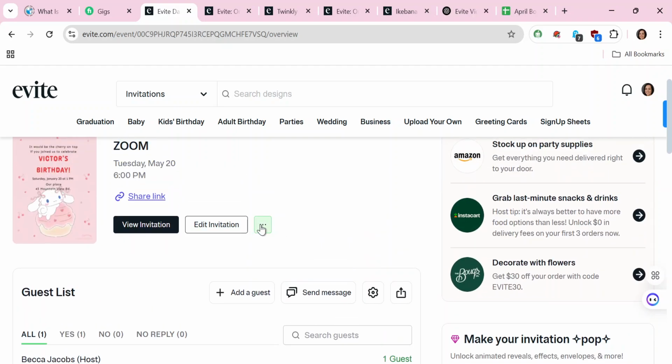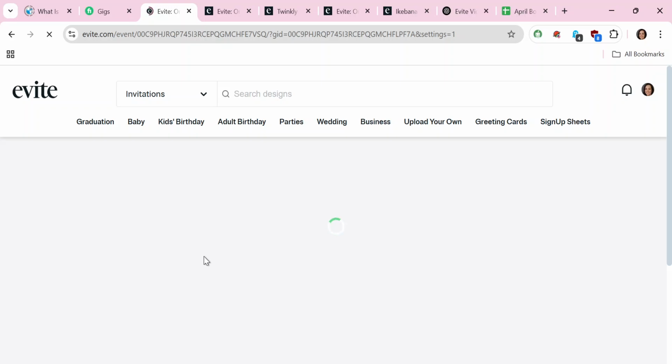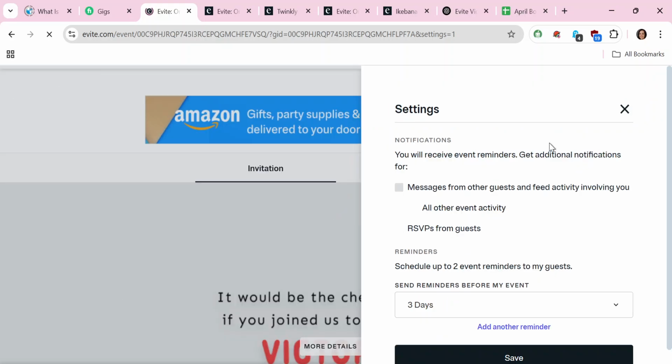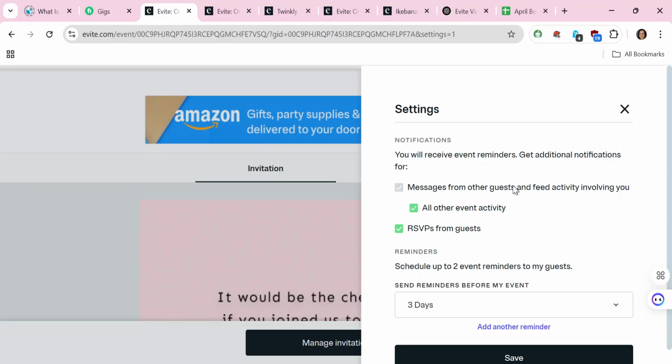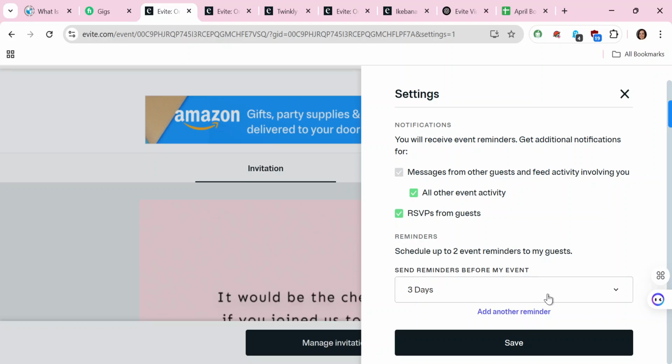all you have to do is to click on this option here, then click on event notification setting. This would take you to a page where you can actually edit your notification and scheduling time for that particular event. So it will bring out a menu like this where you can actually set your reminders. You can set up to 2 reminders, and you have the duration of 1 to 3 days to do that. So once you've set, click on save, and then or you can just click on this X